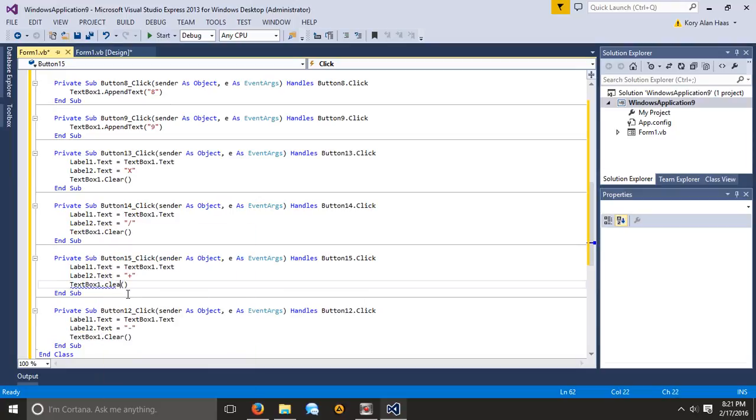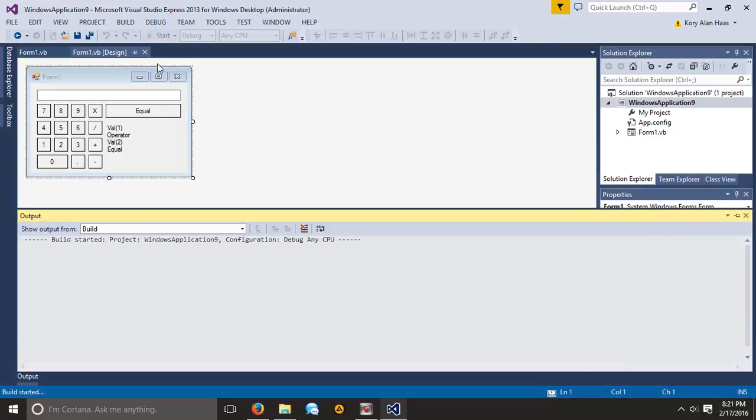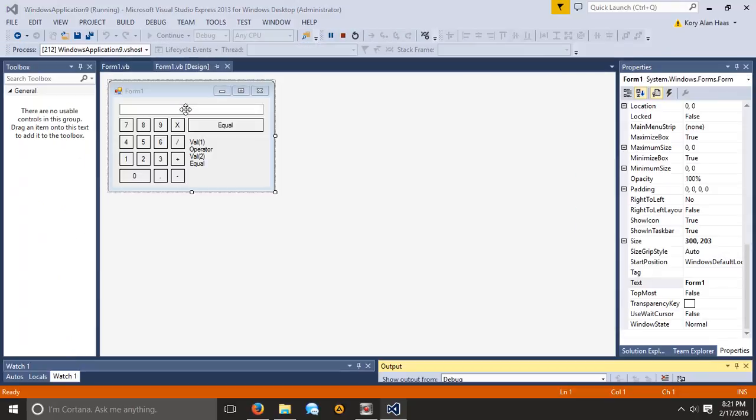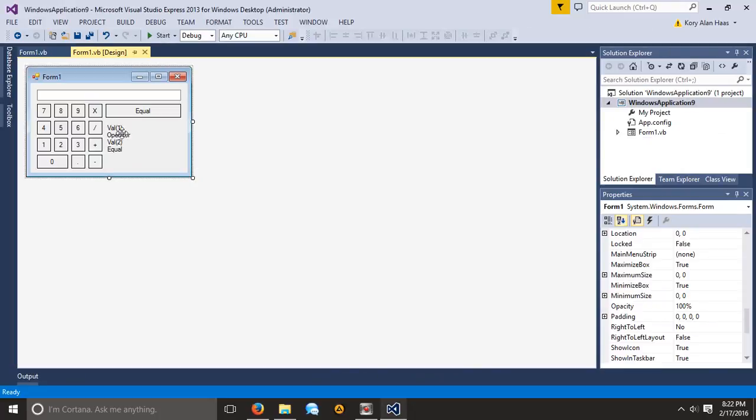So after you have every single one of those pasted in, we're going to analyze what's going to happen here. I'm just going to run through the code so you can see what that append text all means. So if you have 102, 8456, 89 times, we have this large number multiplied by blank. A better way to have this is something like this,